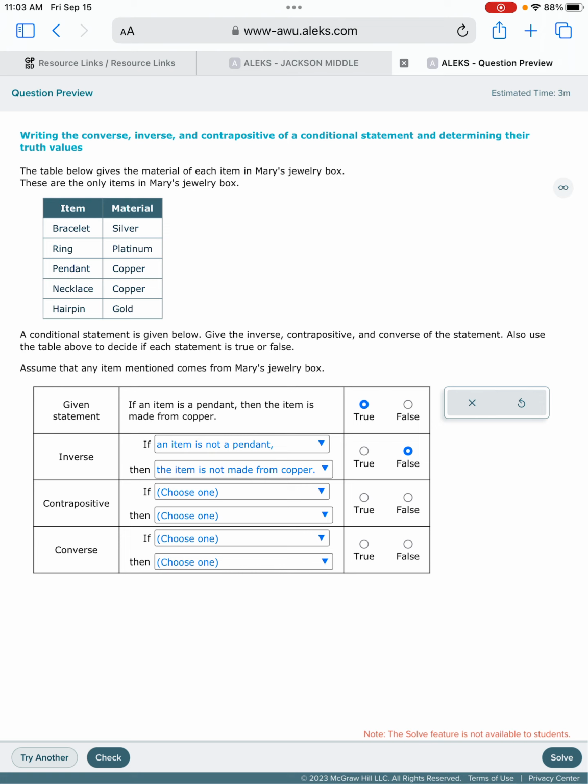Now, contrapositive. Remember, contrapositive is the most complicated word, so it's got the most complicated formulas, right? It's going to have to do everything. You have to swap the if and the then, and you have to negate them, right? You have to add the word not. So contrapositive,